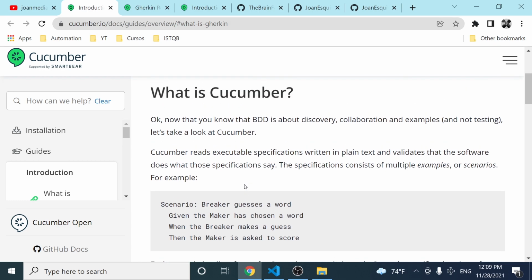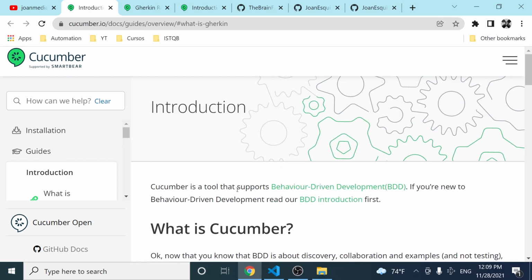Today we are going to be integrating the Cucumber tool into our test automation framework with Cypress. I'm going to try to explain how you can translate your scripts from the normal syntax of Cypress to Gherkin, and then we can play around with step definitions, and also, if possible, at the end of the video I'm going to try to explain how you can use the page object model for